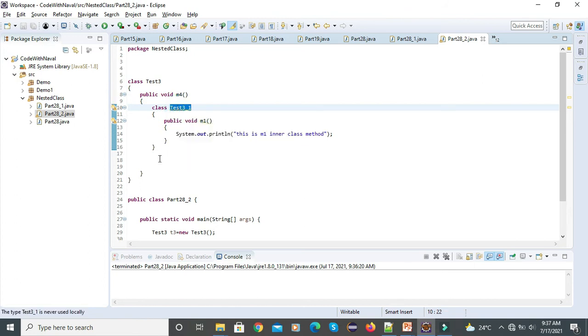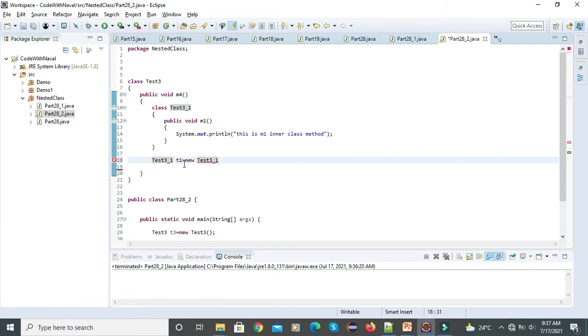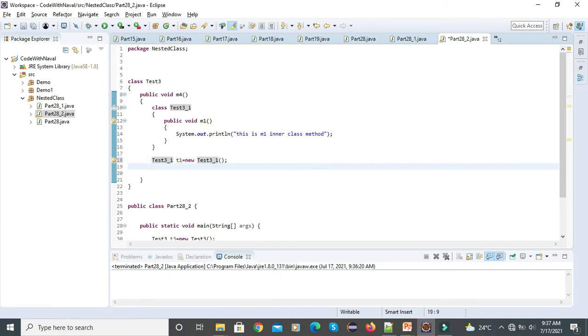I'll simply create the inner class object here. test3-1 t1 equal to new test3-1. Here we simply create this test3-1 object.